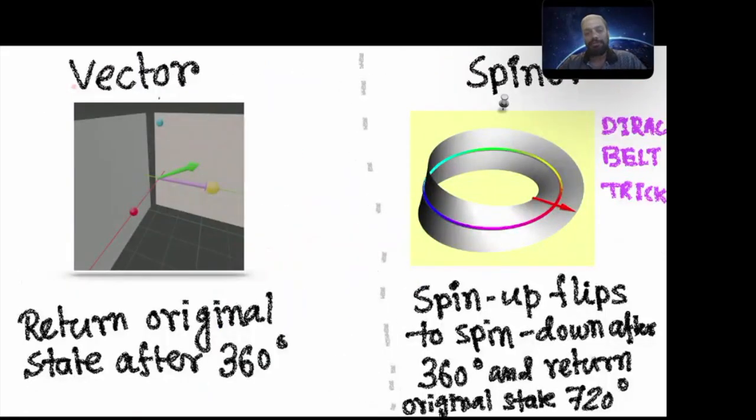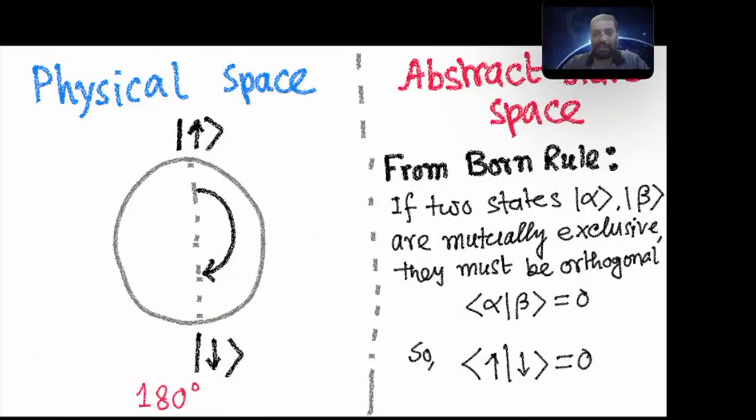So what do you mean by rotation? Rotation is a mathematical property, right? Yes. We'll never observe an electron in an in-between state. Either we'll observe it in the spin up state or the spin down state. We'll never observe an in-between state. Here we are saying in the physical space, if we rotate 180 degrees, we go from spin up to spin down. But my question is